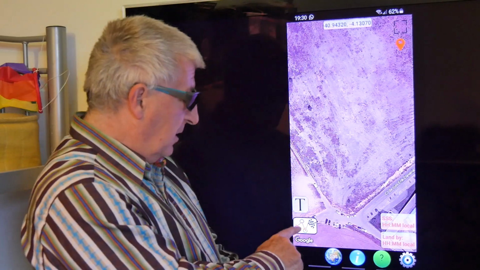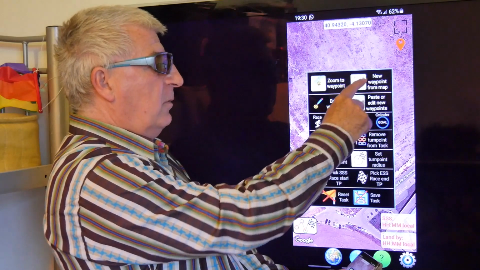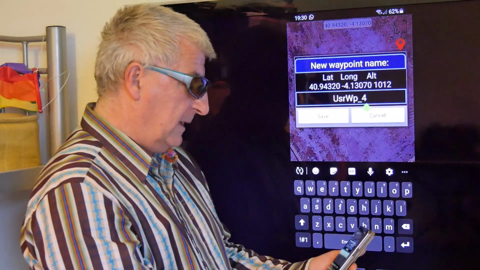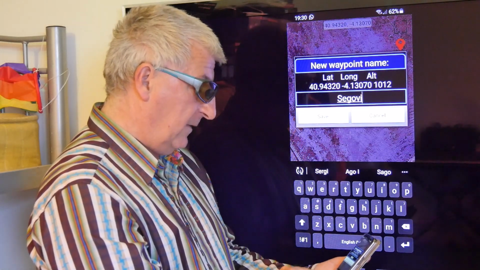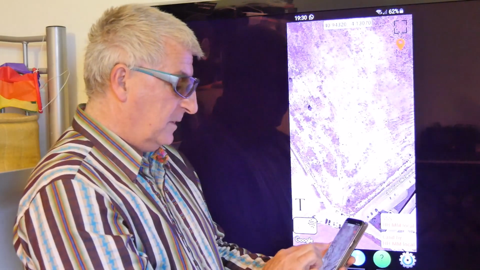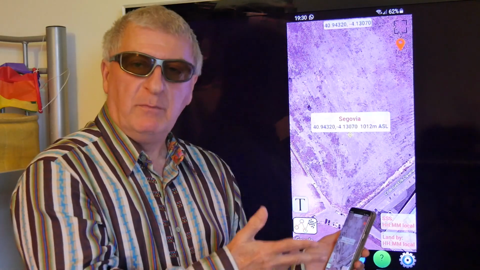So again, use the Task Tools button, create a new waypoint from the map, and we'll call that Segovia. Segovia, if I can spell it right, and click Save. Right, so then we've got our 3 waypoints that we're going to turn into turn points for the task,